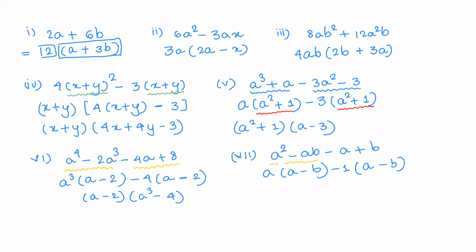And when you see both the brackets are the same, you're doing good. So we have a minus b, and in the next bracket, we have a minus 1. So this is perfect. I hope you got this answer, and if you got this answer, that means your answer is absolutely fine. Perfect. Let's try the next one now. Go with the next question.